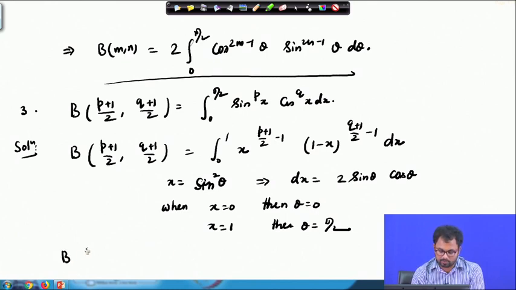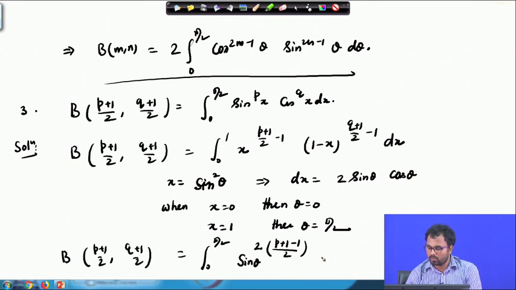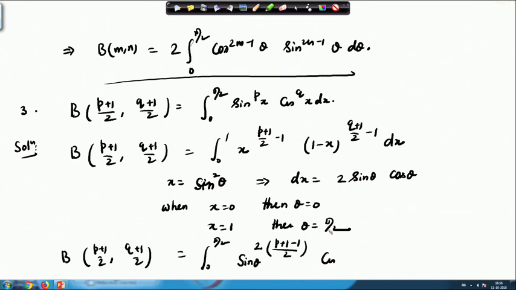So, our beta p plus 1 by 2 comma q plus 1 by 2 will reduce to integral from 0 to pi by 2. We will have x to the power, that means sine square theta to the power p plus 1 minus 1 by 2, and we will have cos